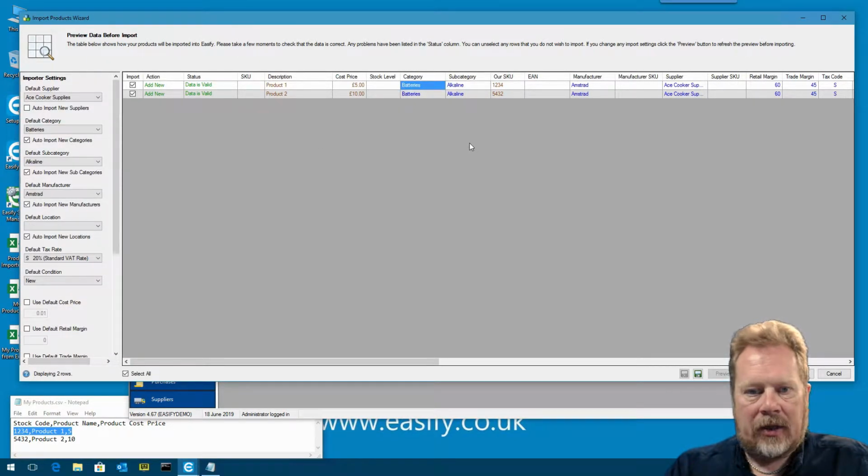Before we get into the advanced topics, let's just do an import. We'll do a really basic import. So what I'm going to do, I'm just going to accept all of this. It's telling us it's going to add 2 new products. If I now click on import,